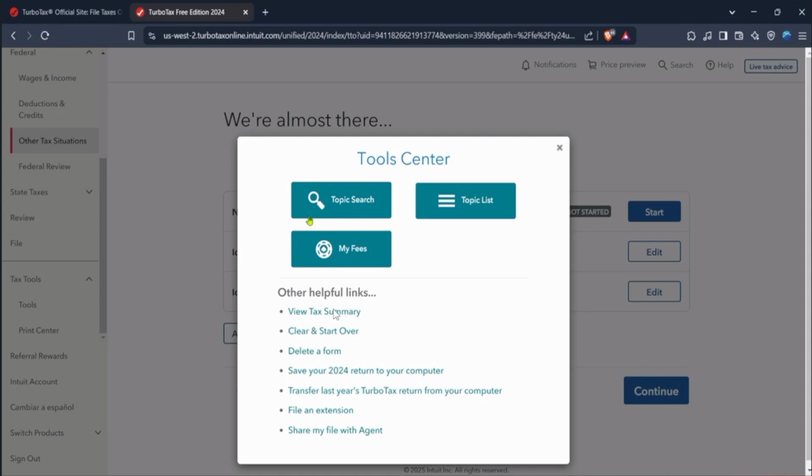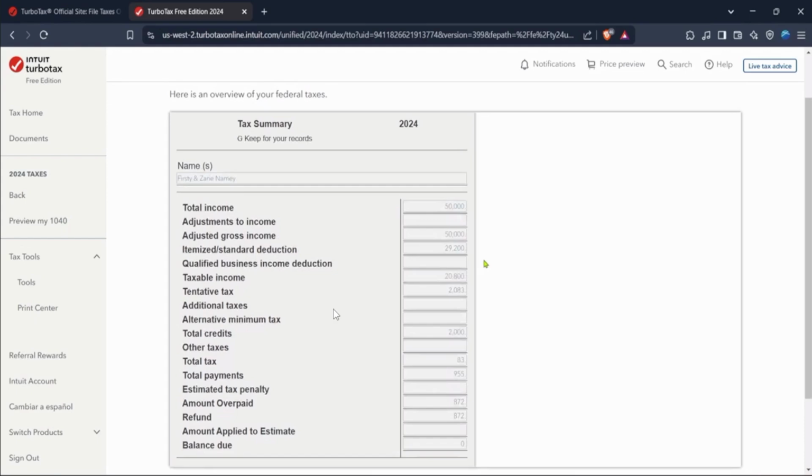This will show you a quick overview of your tax return, including your reported income, deductions, and estimated taxes owed or refunded. If you want to see more detailed information, choose Preview or Review Tax Summary. This will allow you to go through your tax forms and entries more carefully so you can confirm that everything is accurate and complete. Reviewing your forms regularly can help you spot errors early and ensure your tax return is